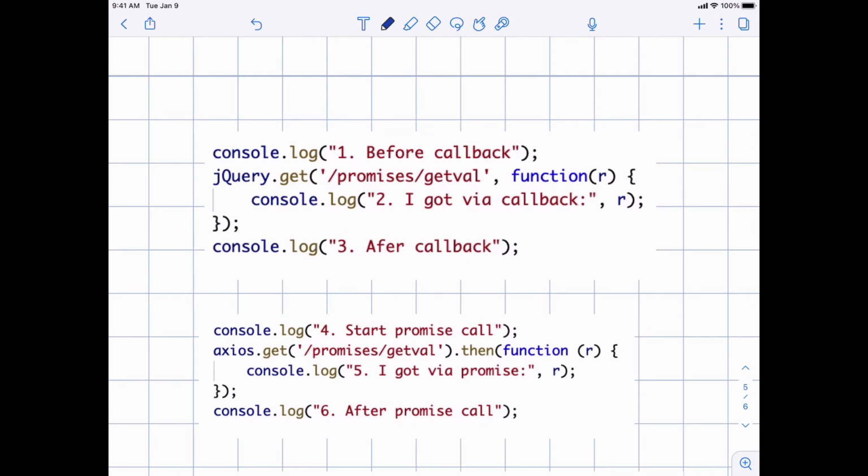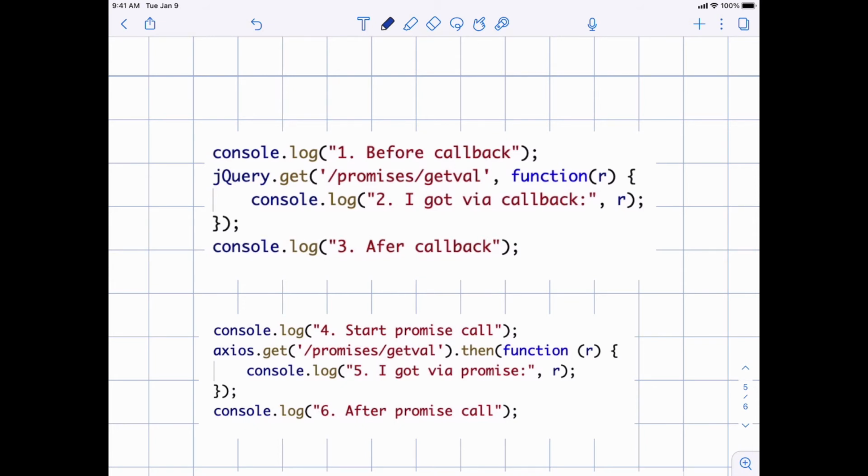Okay? So now we have broken up the task in two. Axios.get generates a promise, and the promise is so-called thenable, that is, you can call the then method on it, to specify the callback. And so the question arises, okay, how did the Axios people do it? I mean, jQuery came first, and the way of using callbacks to code in JavaScript came first. Suppose we have only jQuery available to us. Would we be able to write an equivalent to Axios? And the answer is yes.